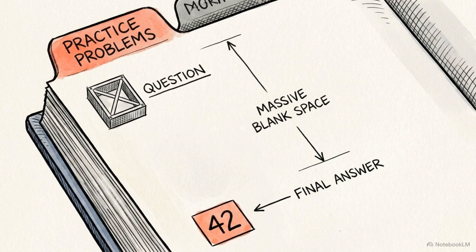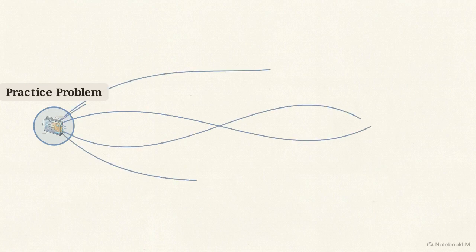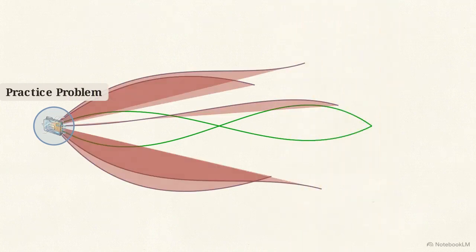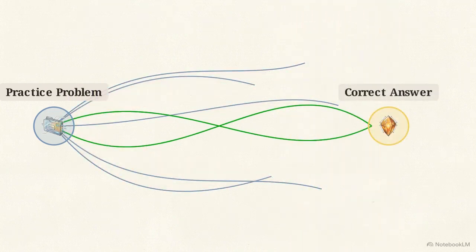The model is given a prompt and the final target answer, but it is deliberately denied the step-by-step solution. The model must generate multiple different reasoning pathways on its own. An objective function acts as an automated grader, evaluating which pathways successfully reach the correct final answer. Based on that grade, the network's internal weights are systematically updated. It physically rewards the specific computational pathways that efficiently navigate the logic puzzle.